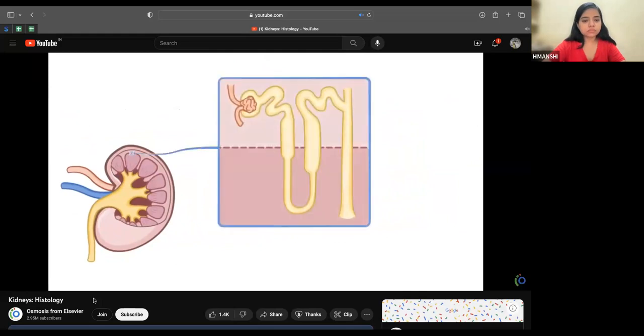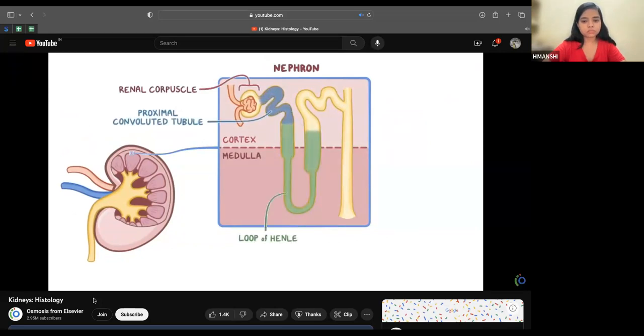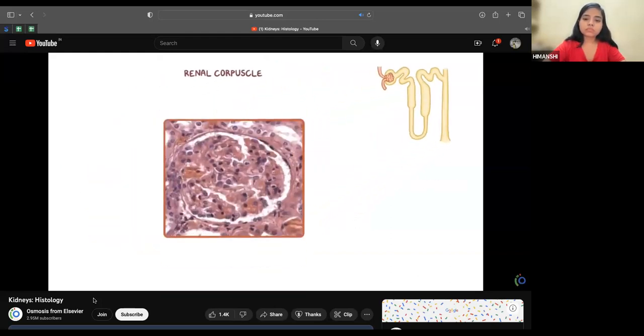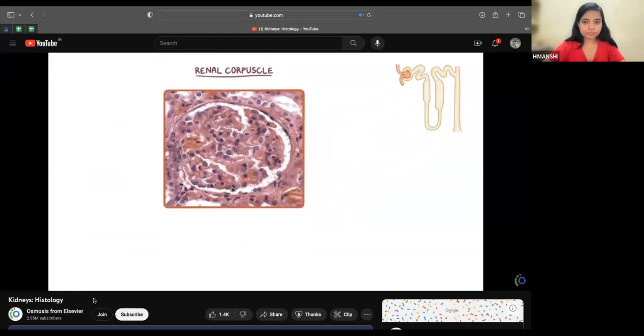At the junction between the cortex and the medulla are millions of functional units called nephrons. Each nephron can be divided into its major parts: the renal corpuscle, proximal convoluted tubule, loop of Henle, distal convoluted tubule, and collecting duct. Each nephron starts with a renal corpuscle, which is a spherical structure in the cortex that has a diameter of